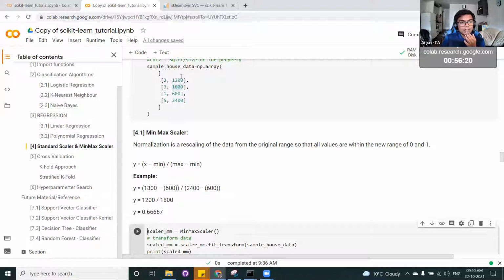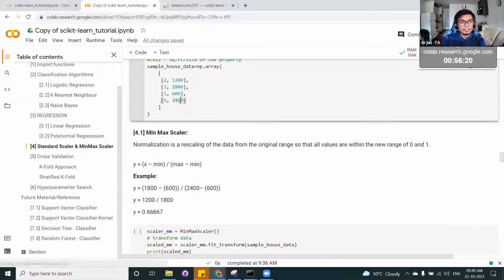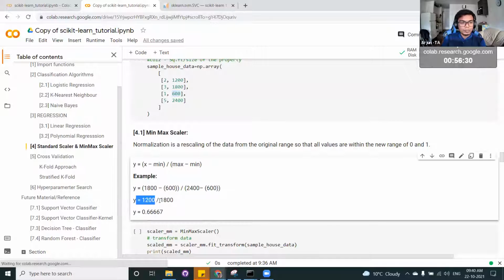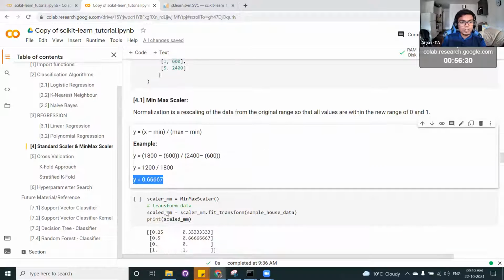The minimum value in the column is 600. So 1800 minus 600, divided by max minus min. Here the max is 2400 and the min is 600. If you solve it, you get a value of 0.6667.